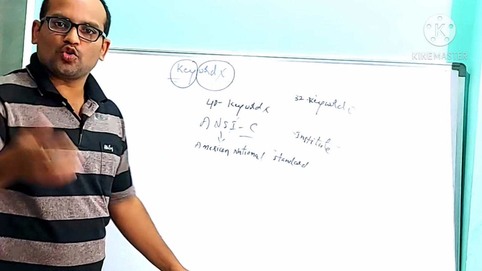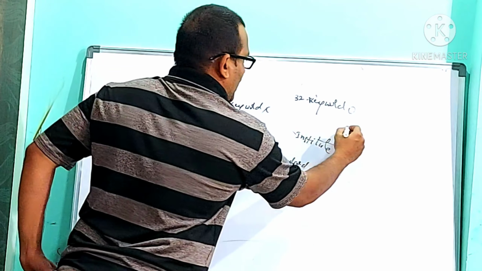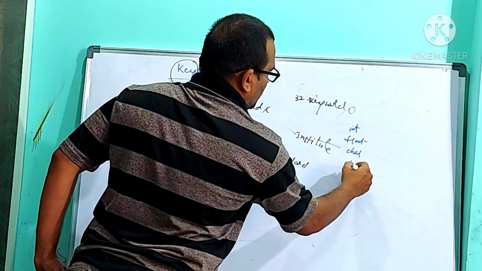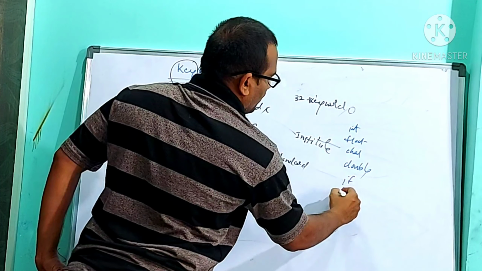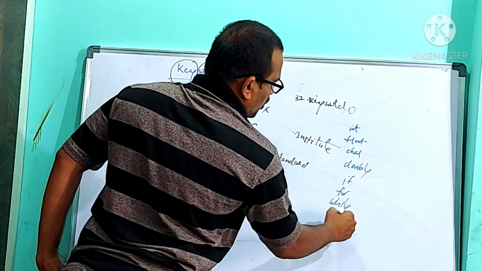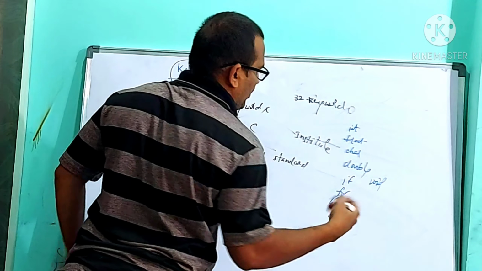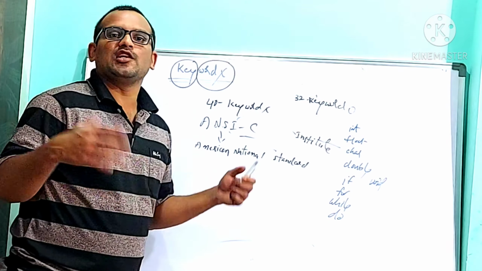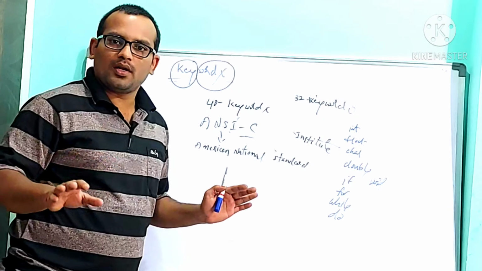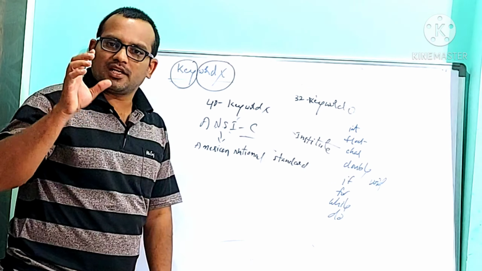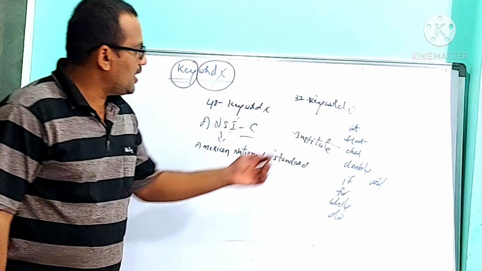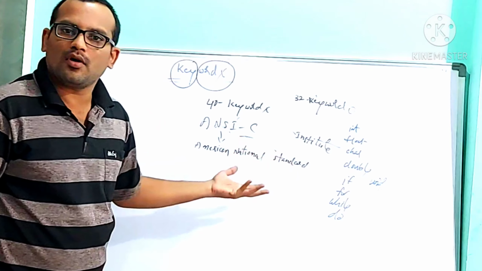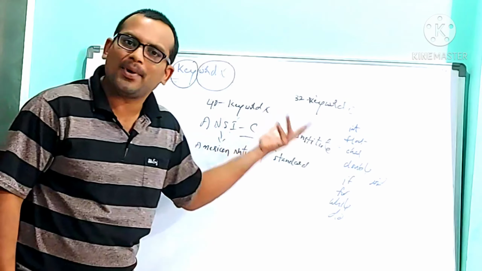Out of the 32 keywords, a few are int, float, char, double, if, for, while, do, void. When we write void, void is also a keyword. You can understand this in the future while using them. Don't worry regarding keywords. You should understand what a keyword is. int is a word, a group of characters. float is a word. The meaning is already known by the compiler.